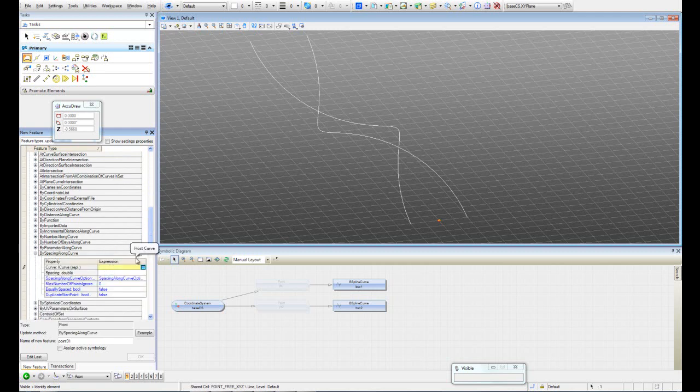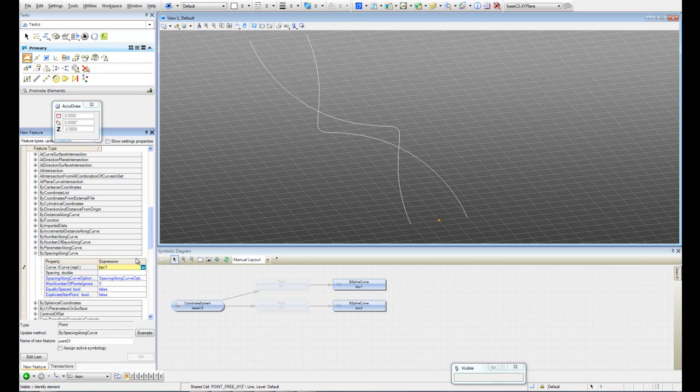So this is very nice. Instead of using the t-value, using this method, all the spacing along the curve is going to be equal. So the distance between the points replicated along this curve is going to be the same all the time. So the curve that I'm going to do first is